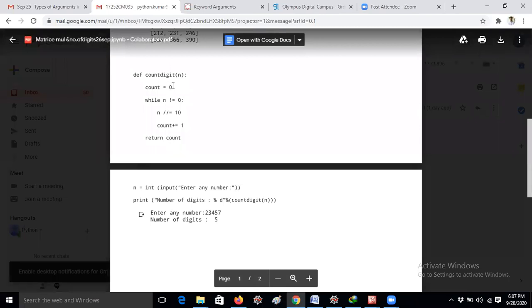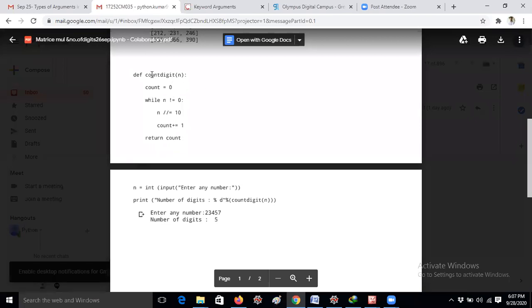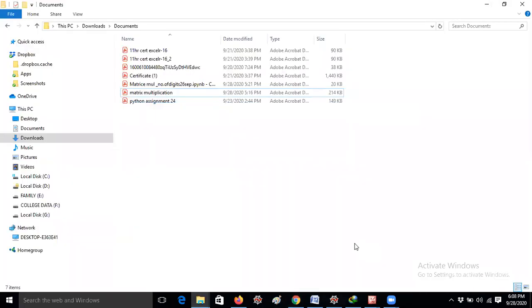So whenever I am giving assignments, now you are coming into the loop, but instead of only loops, she is writing using a function. She is also using the loop, but she is calling that function, def count digit of m. I'm very happy about this because I'm teaching the function concepts. If you are doing it this way, it's very good, guys. That's the reason I would like to tell you.